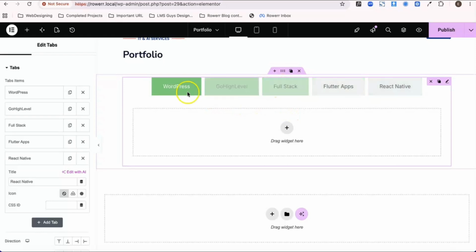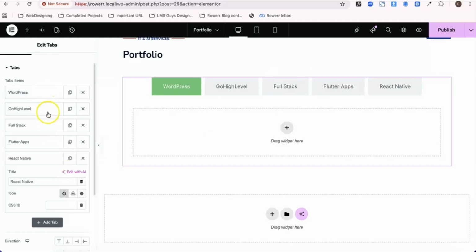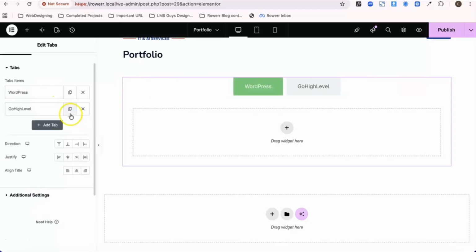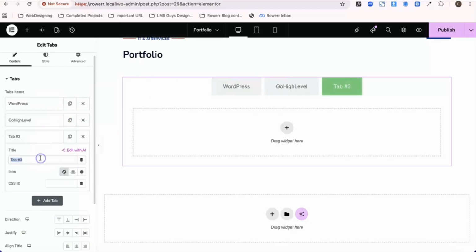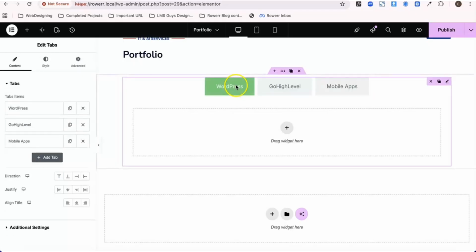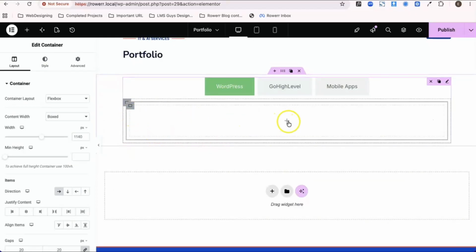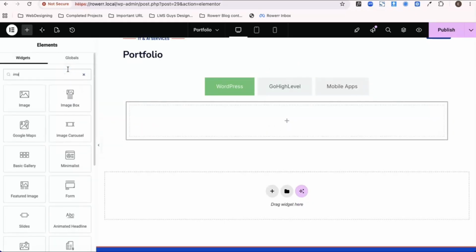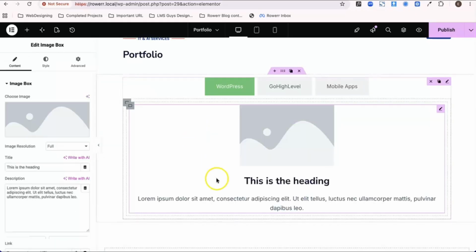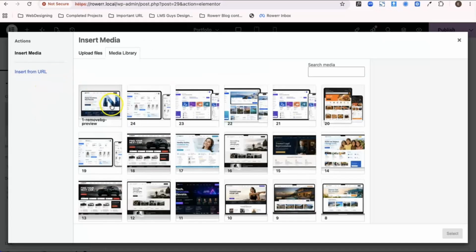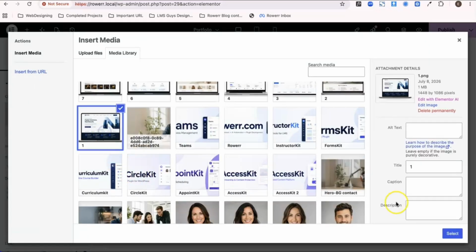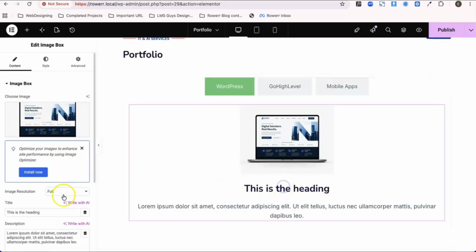So instead of using full stack and then Flutter apps and React Native apps, for showing you, I'll use just 3 options. Like the third one that we can use, mobile apps. So now exactly the same way we will just add a container. Here you can see, and now we will add an image box. Here you can see. Now what I'll do, I'll add this image and I'll make it